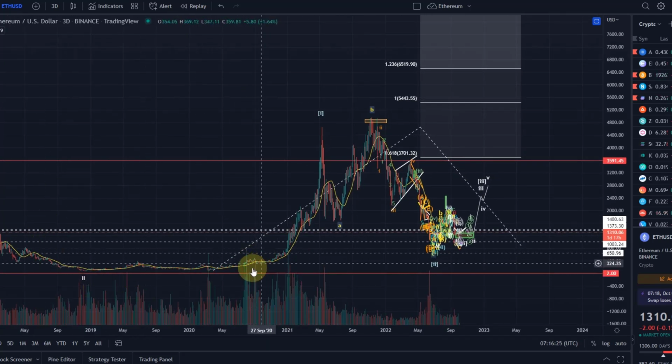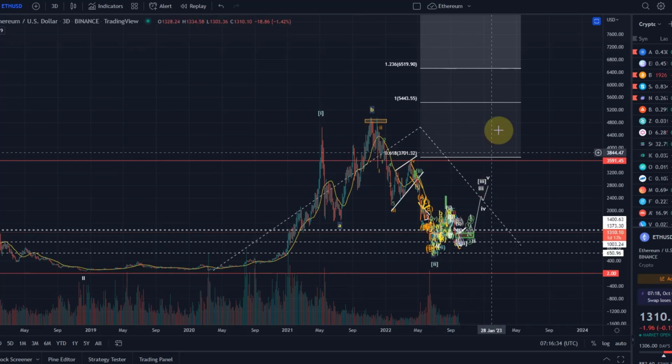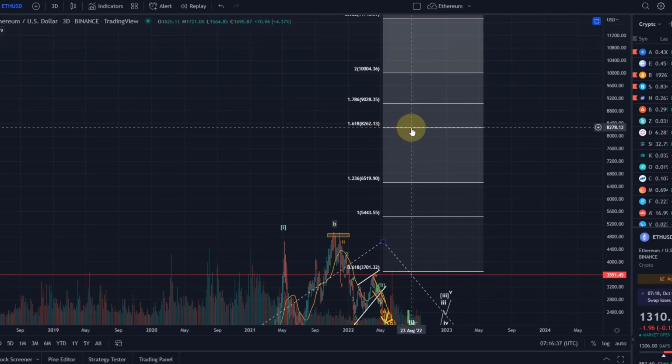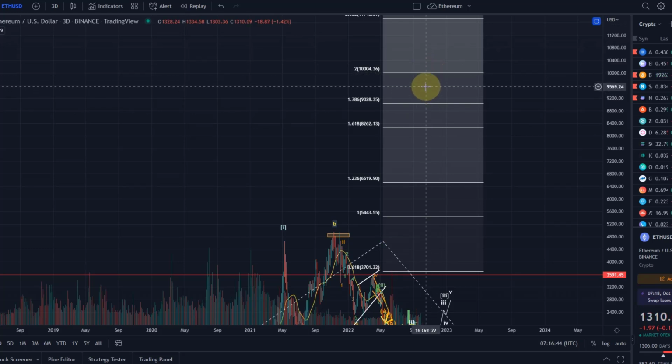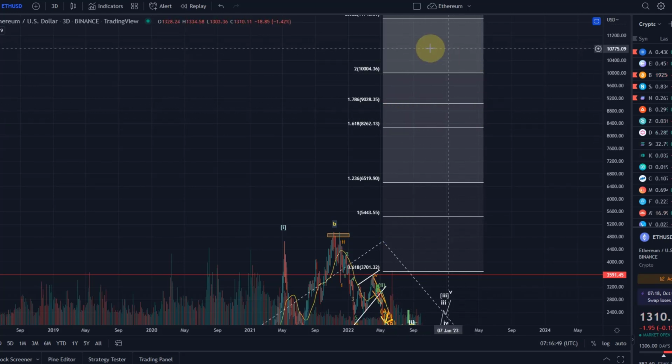Based on this, if this was a wave 1 and this was a wave 2, then in the next all-time high scenario, in the next bull run, we're looking ideally at a wave 3. The wave 3 would take us to at least $8,260, possibly to $10,000. We're talking here about the next all-time high. It could even go higher. The trend is your friend until the end, but this is the most realistic area. So that's decent. Should we drop a little bit more, we might actually be able to achieve a 10x here for Ethereum.